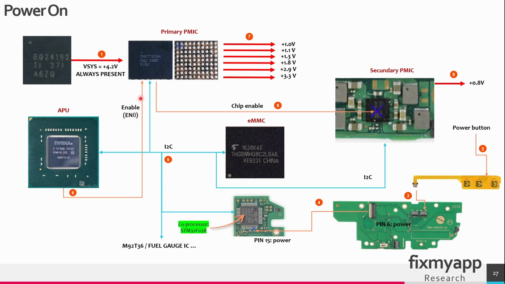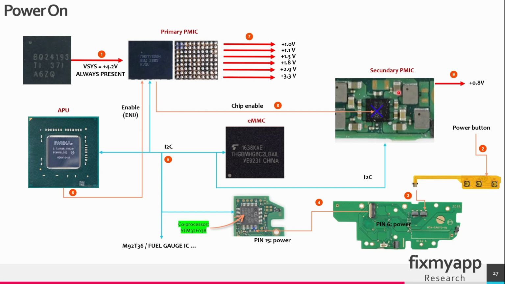So this signal will go to the power management IC, an EN enable 0 pin located on this power management IC. When it gets that signal, it will start generating more voltages. So voltages in standby mode, voltages in boot stage 1, boot stage 2, and eventually the power on voltages. So all the voltages will be generated by this power management IC, the MAX77620. When the voltages are being generated and everything's okay, it will send a chip enable signal directly to the